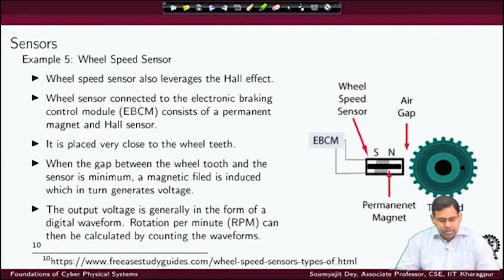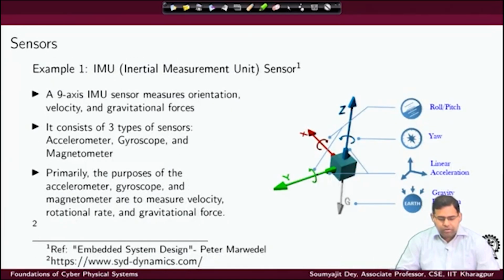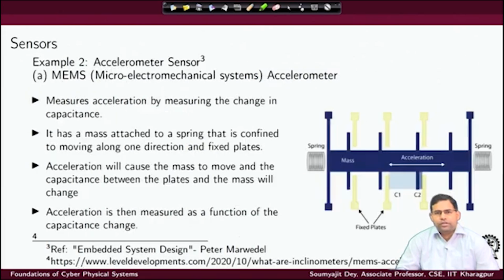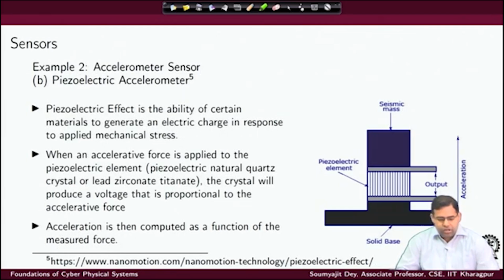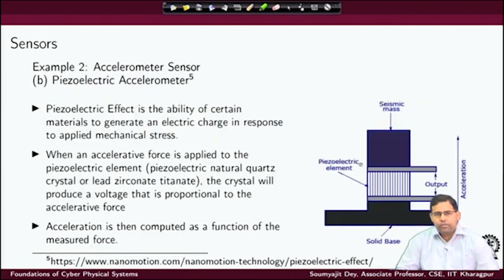Now, this is something about sensors. So, we spoke about several different kinds of sensors that are used. We talked about the IMU sensor in general, which actually contains the linear acceleration sensors, the orientation sensors, and the gravity sensor. And then we talked about an accelerometer system using capacitances, which can be used for sensing acceleration. Then we also talked about accelerometers which can be built using piezoelectric crystals. So, the earlier one uses a microelectronic spring mass damper system, right.